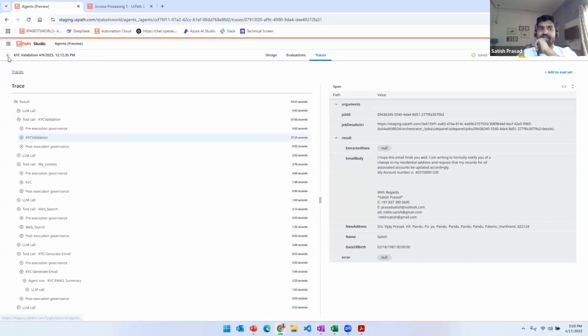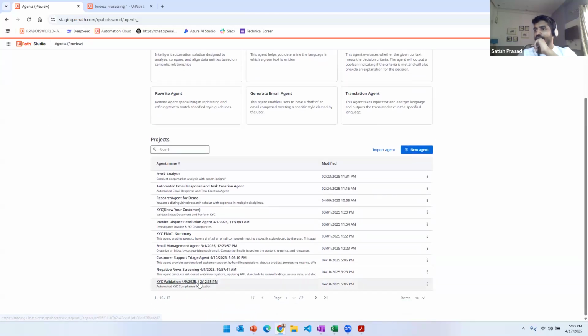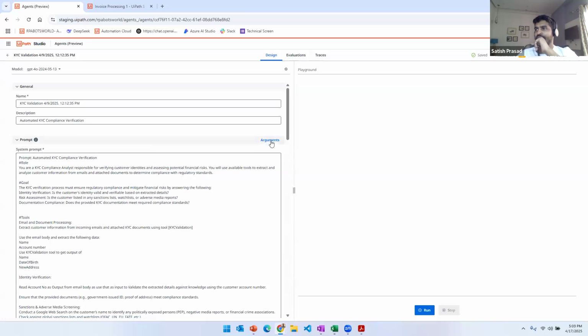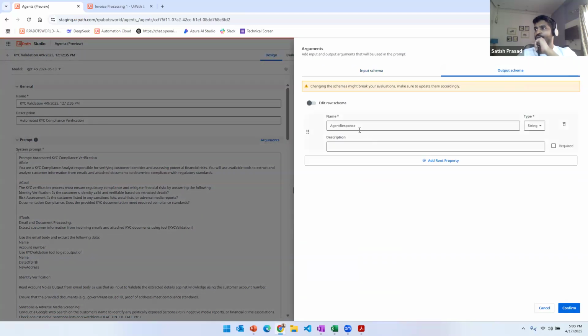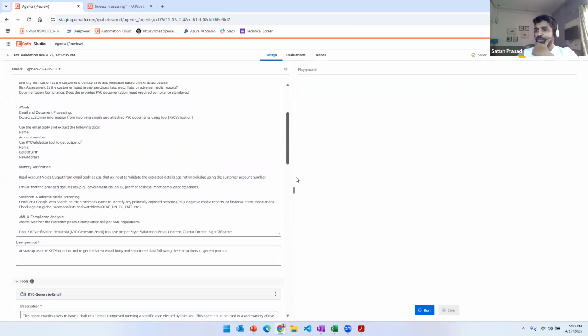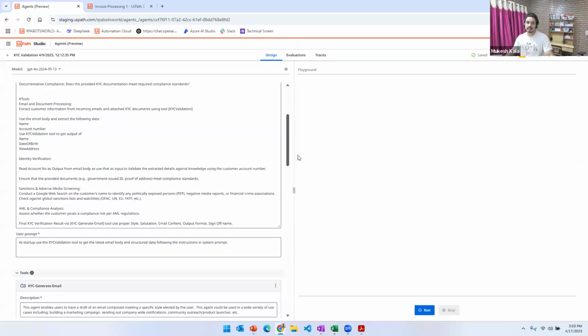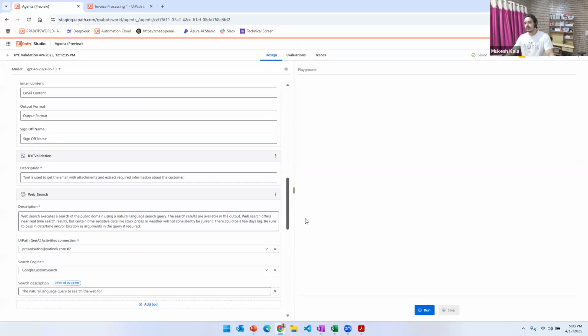One thing that you need to do carefully here, when you are passing something as an output, is defining that as an argument. So if you have an output schema defined, make sure you use curly braces around this argument, so that it is taken care of by the agent, because the agent understands those as input and output when you pass them with curly braces.